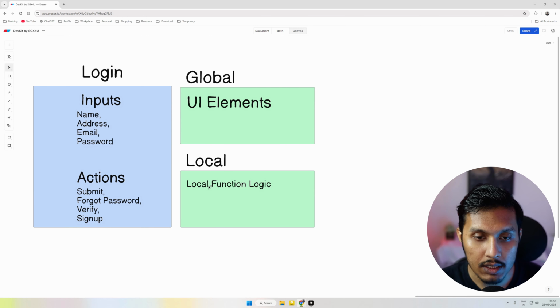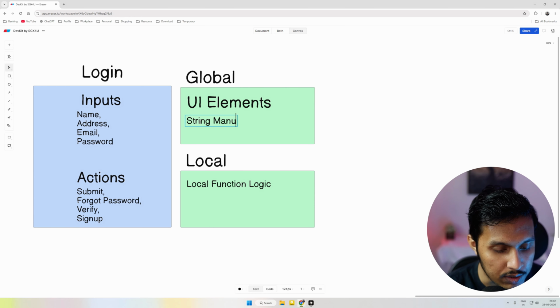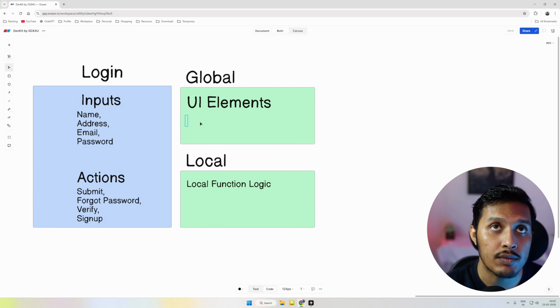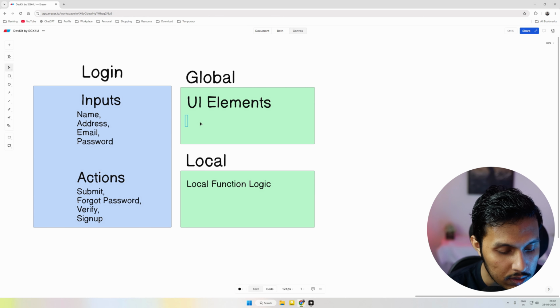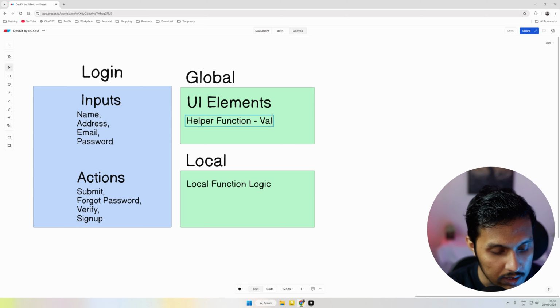Now, why do I say local function logic? Because some things can be common. For example, let's say you are doing some sort of helper function, and in that particular helper function, you are validating